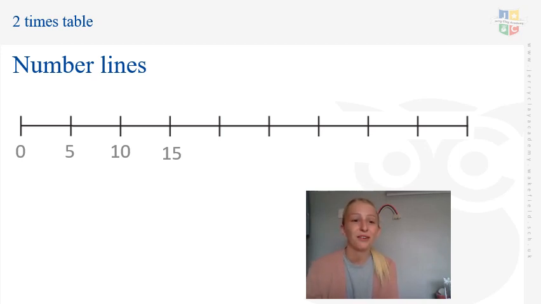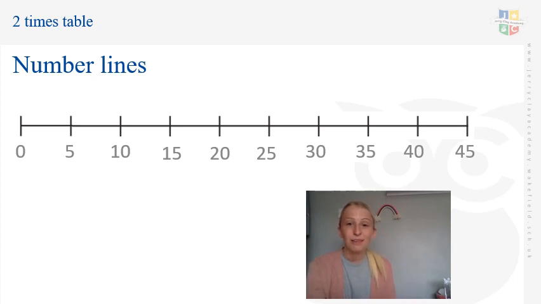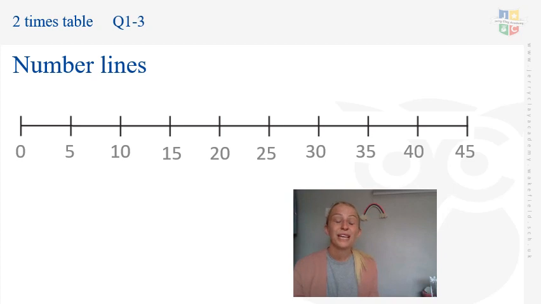Excellent. Let's have a look. So we've got 0, 5, 10, 15, 20, 25, 30, 35, 40, 45. Did you get your number line to match too? Excellent, well done. Brilliant, so let's see how we can use that number line to show how it represents our